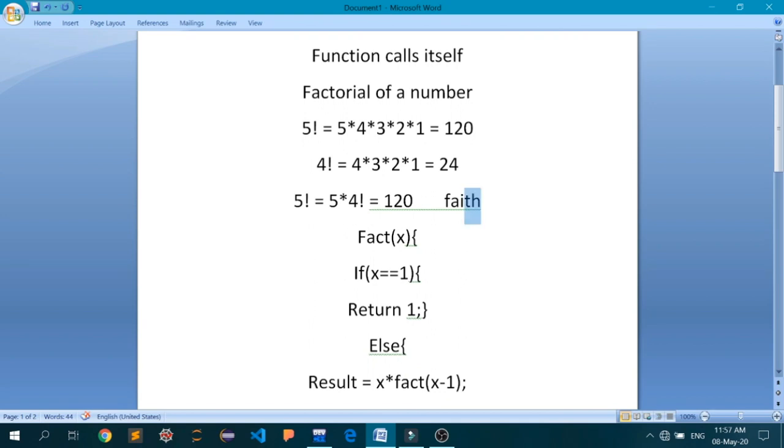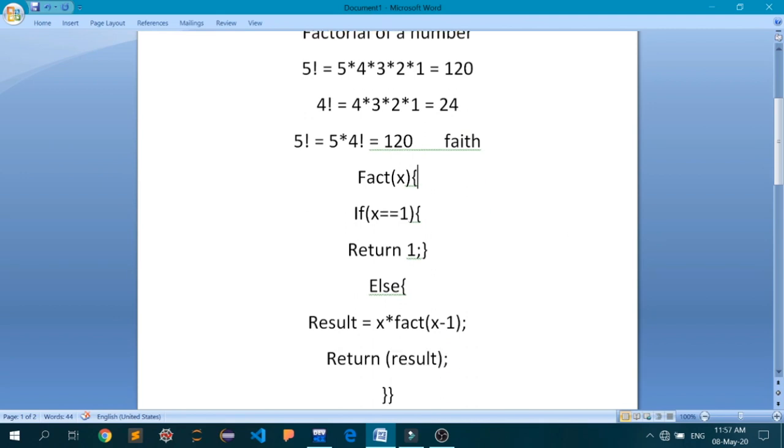So this faith which you are talking about is actually valid. It must be valid for a range of values and not after that. If that faith keeps on coming to you, you will end up in an infinite loop. In this case, my faith is only for the value x equal to 1 and above, that is 1, 2, 3, 4, 5, 6, 7, 8, and not for 0, minus 1, minus 2, minus 3, minus 4. So I have stopped my faith at x equal to 1.